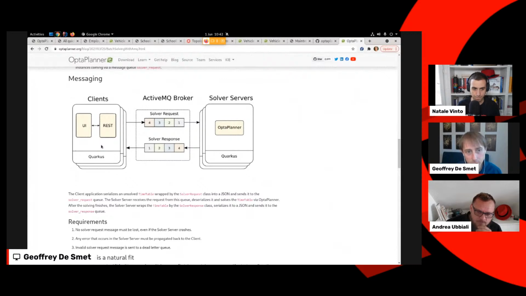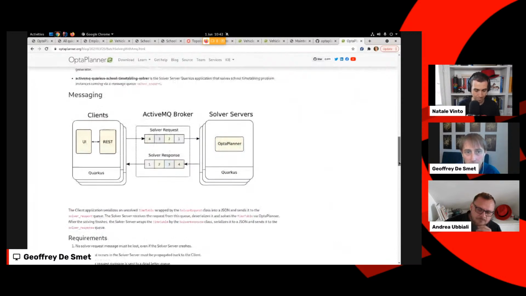And all of these, you want to be able to solve, and you want to make sure you scale horizontally a number of solver servers, right? So for every problem you have, you want to start up a pod, solve that, and send the response back. One approach there is to use the ActiveMQ broker. You send your solver requests, your problems, into that ActiveMQ queue, and then your pods pick those up, solve those, and send them back. So that's one thing we're working on.